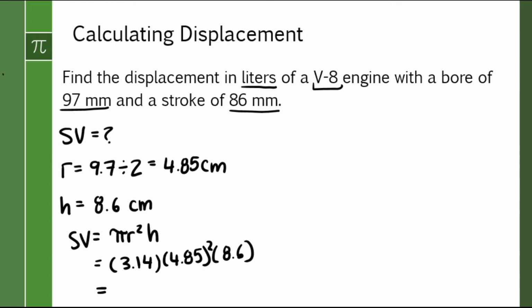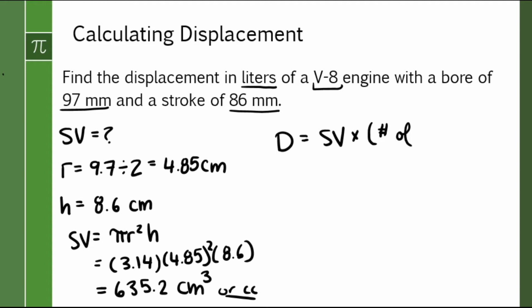And the swept volume for one cylinder is now going to be in cubic centimeters because I put centimeters in, centimeters out. Or we could say cc. I'm inconsistent. Okay, knowing the swept volume for one cylinder, I can now find the displacement of the engine. Displacement equals swept volume multiplied by the number of cylinders. So in this engine, it's going to be 635.2, the swept volume, multiplied by 8. And that's going to give me